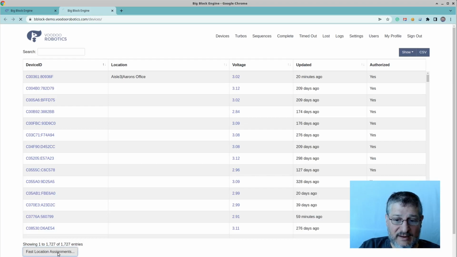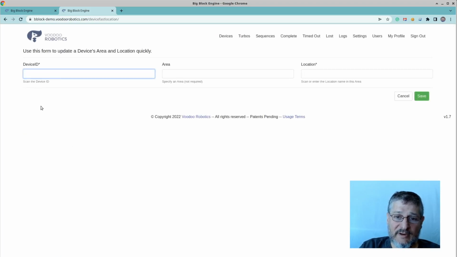And you do that by clicking on this button over here, and what happens is you can then use a scanner and scan the device ID of the device, and then simply scan the location, bang, bang, and that'll automatically hit the save button for you right here, and you will save the location information